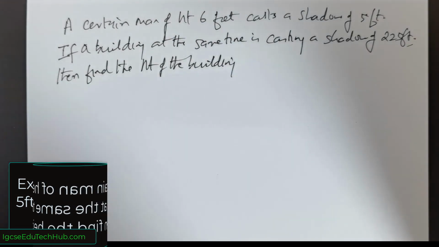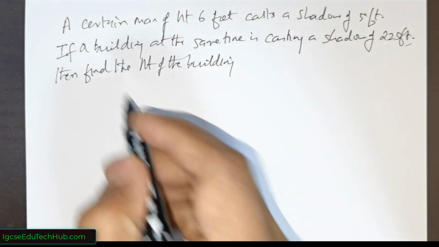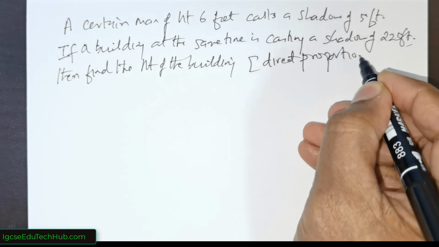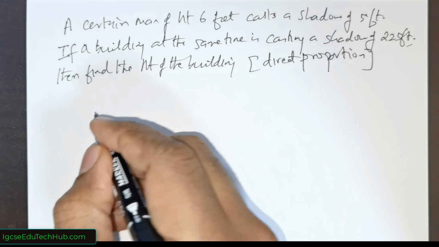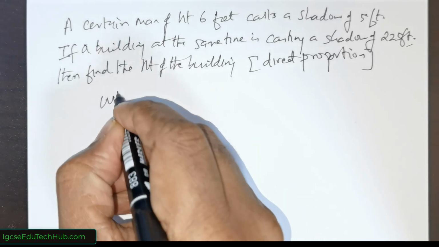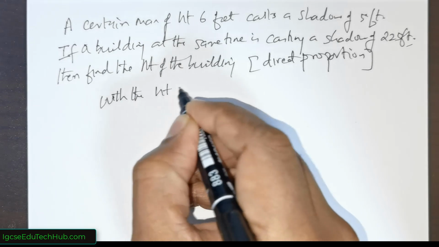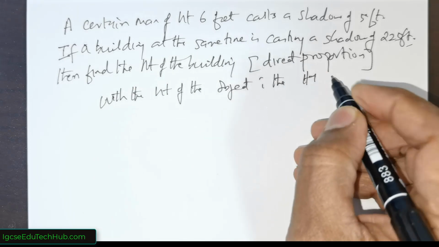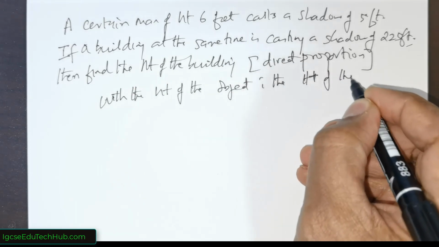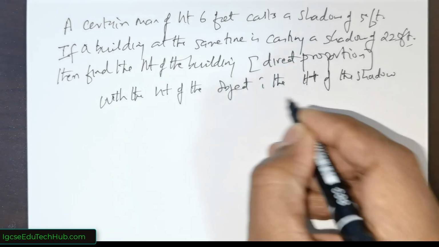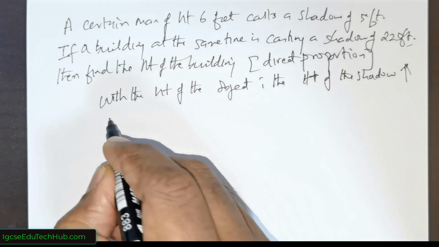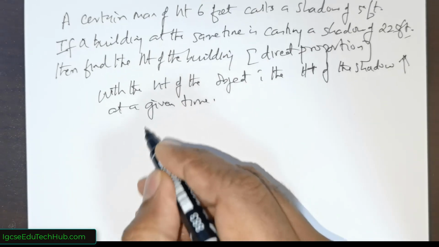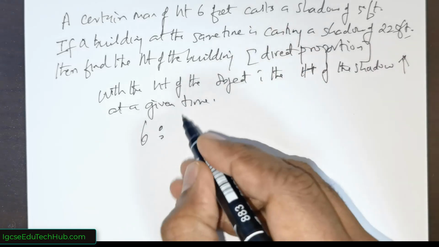Okay, so there is a direct proportion involved here. Why do I say it's a direct proportion? Because with the height of the object, the height of the shadow increases at a given time. This is important. So we have a 6 feet person and he is casting a shadow of 5 feet,